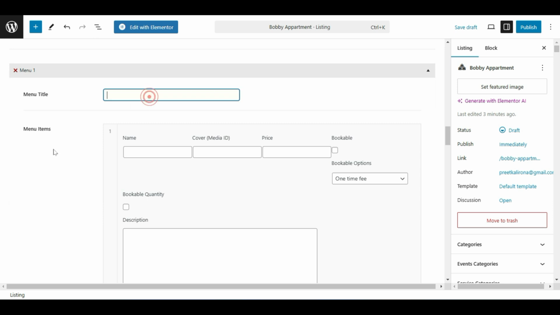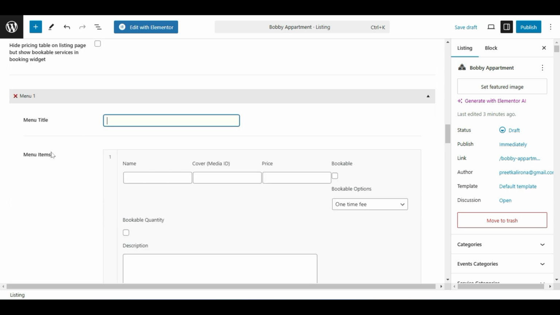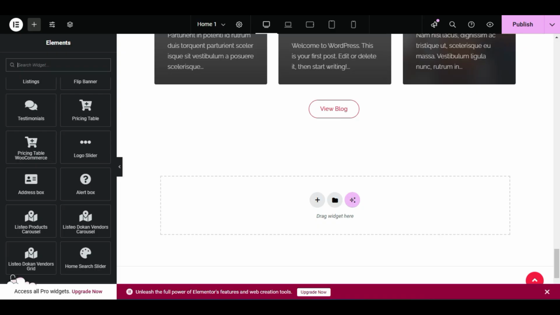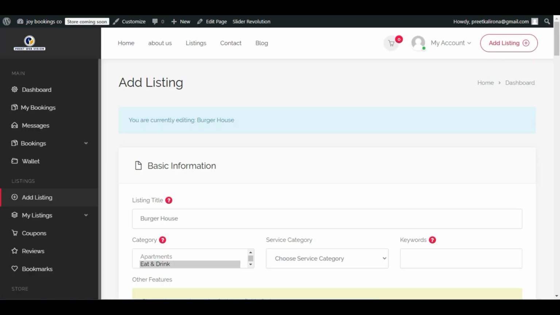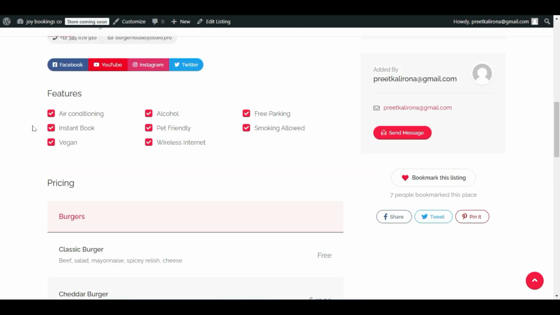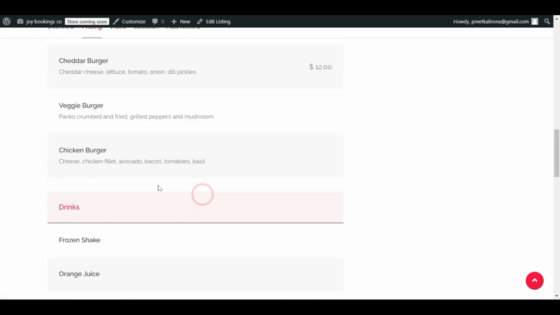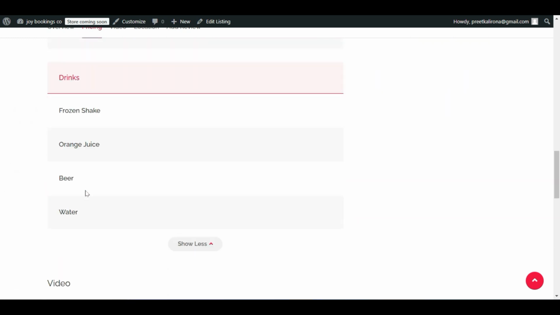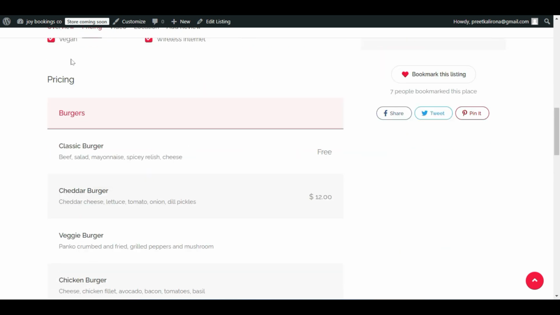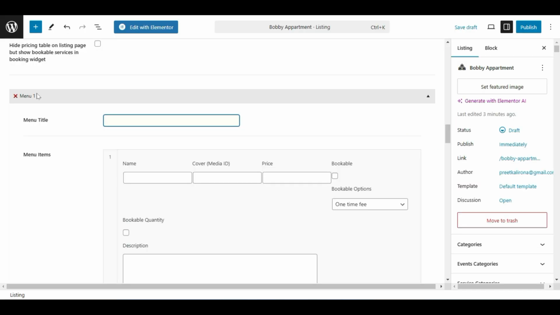Then menu item, this is like add-on service. If I open this option, here classic burger and pricing options. Okay, show more, like chicken burger. This is for the restaurant. They can add on services. You can add those in the menu, like